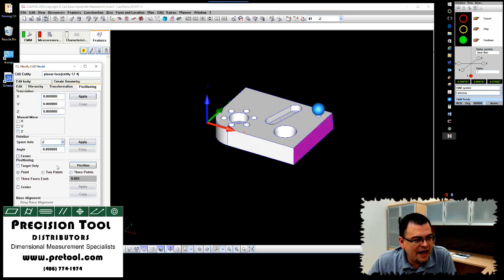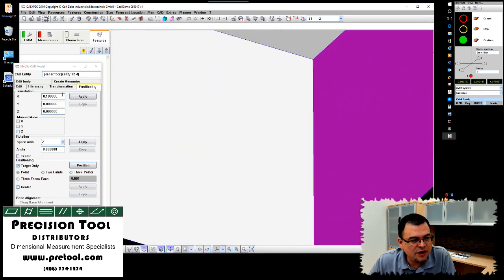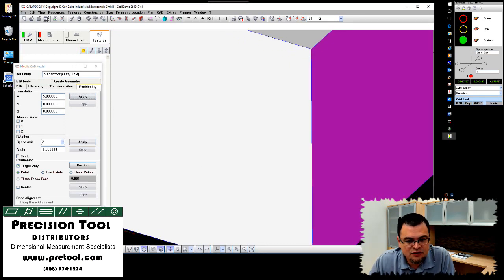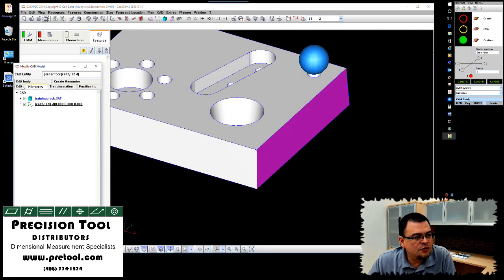Now we see we have that entity selected, and I wonder if we can move it. Maybe, maybe not. And so as you see, we cannot move that one entity. Here, I'll use a big number. Obviously, we're not moving that entity around on its own. However, if we go into